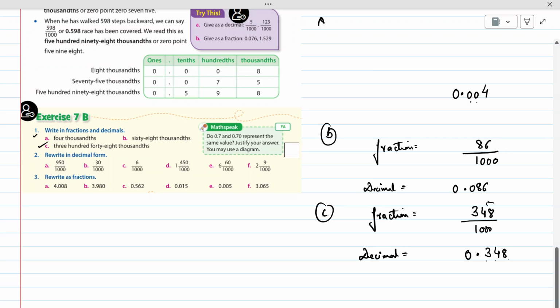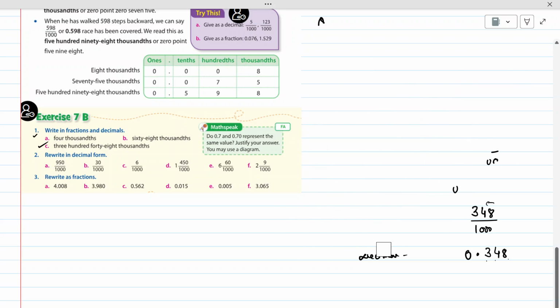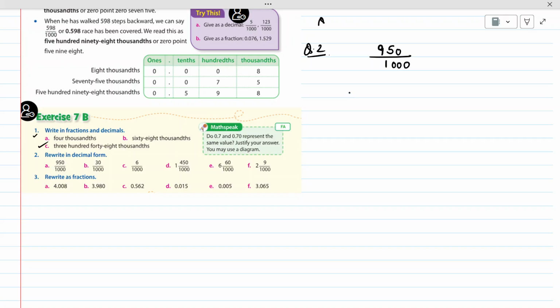where we have to write the given numbers in the form of a decimal number, right? So for the very first question, we have 950 divided by 1000. I'm writing here 950 divided by 1000. So kids, if you see this, starting from the right, we have to put the decimal after three places. Why three places? Because we have three zeros in the denominator. So start from here, first place, second place, third place. The number will become